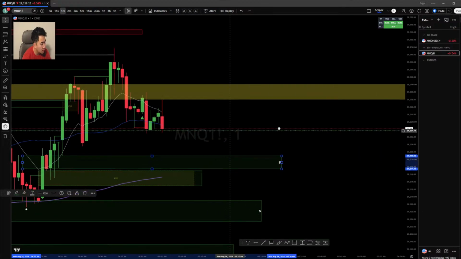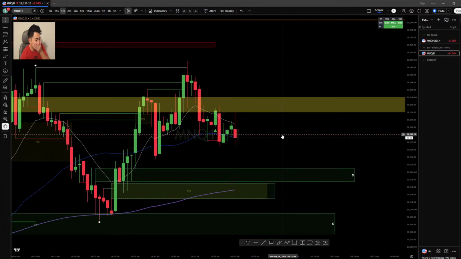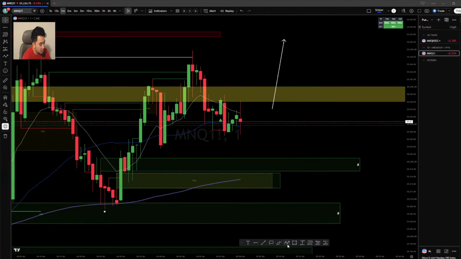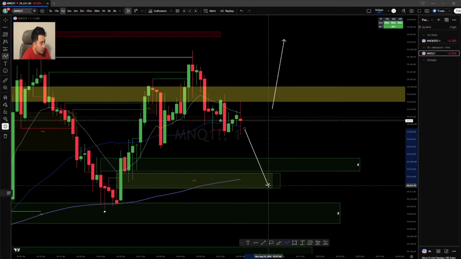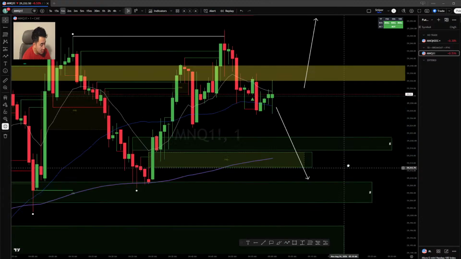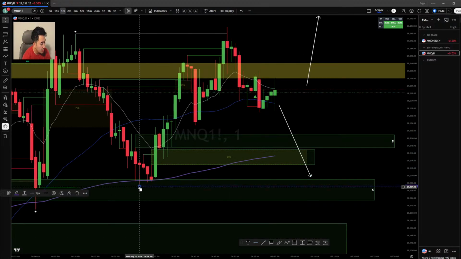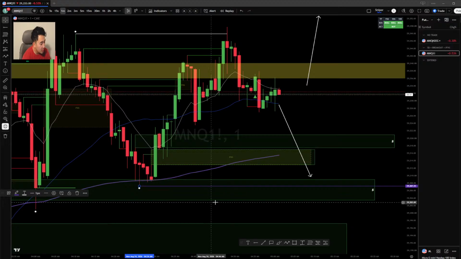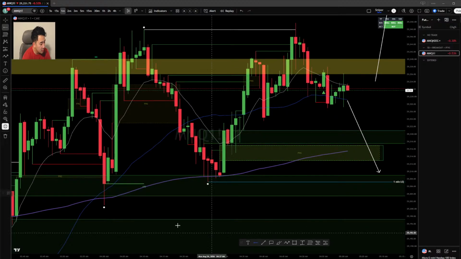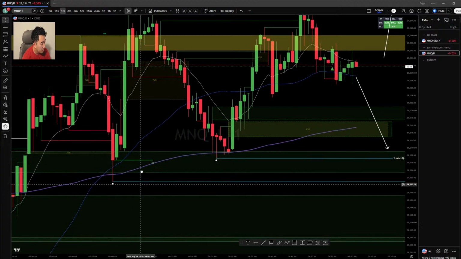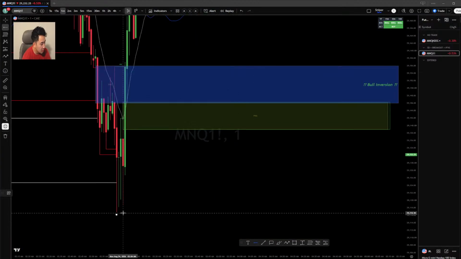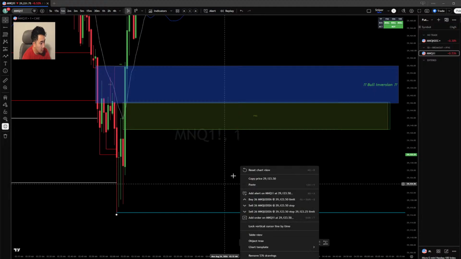All right, what we're looking for on the 1 minute is to see if we could use a bullish inversion to continue on up, or a bearish inversion to continue downwards here. Just go to the downside. We have a couple 5 minute gaps that we have to look out for. Let's mark out these 1 minute liquidities.